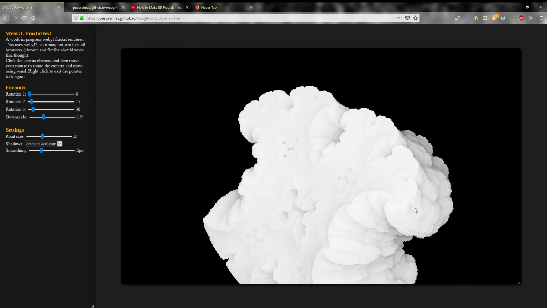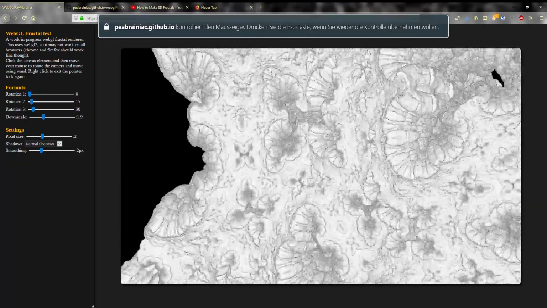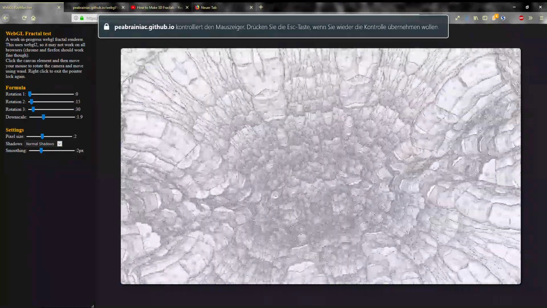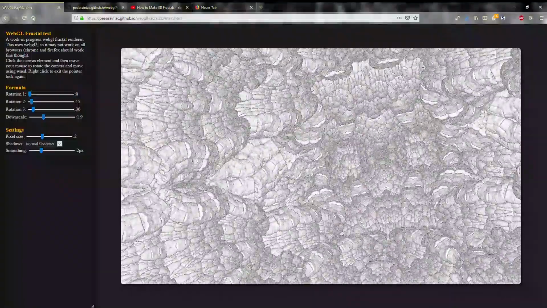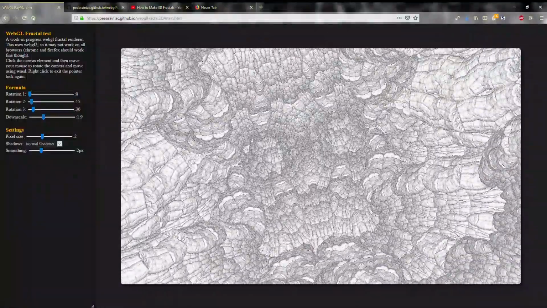Then the other kind of shading I implemented, I don't know what it's called, but it basically works by measuring the angle between the surface normal and the view direction. So surfaces that are at an angle to the camera appear slightly darker. And yeah, that one is really great at showing all the smaller details, but really fails at giving a sense of depth. So if I go in here, for example, it's all really confusing and hard to see what's going on.